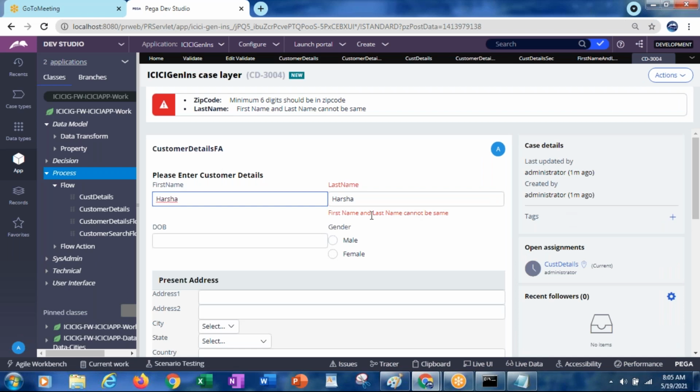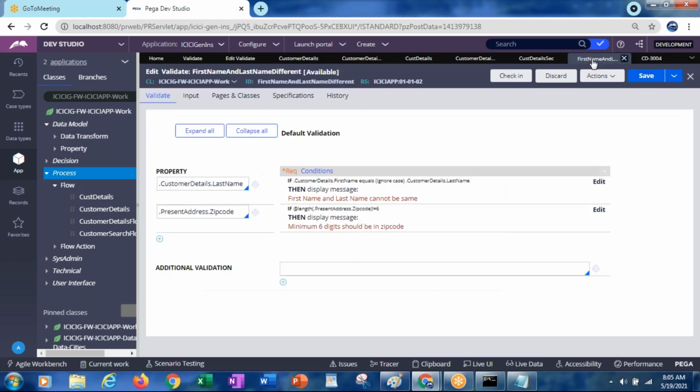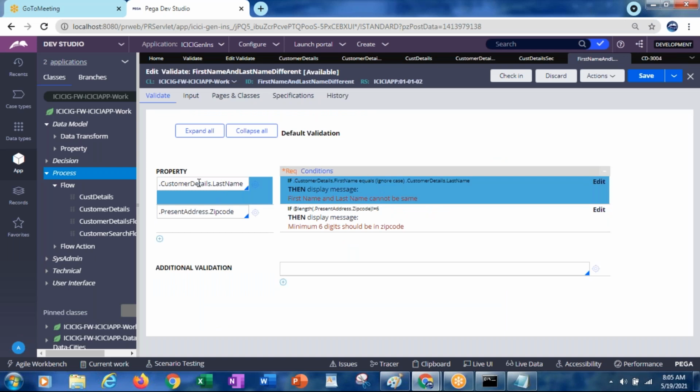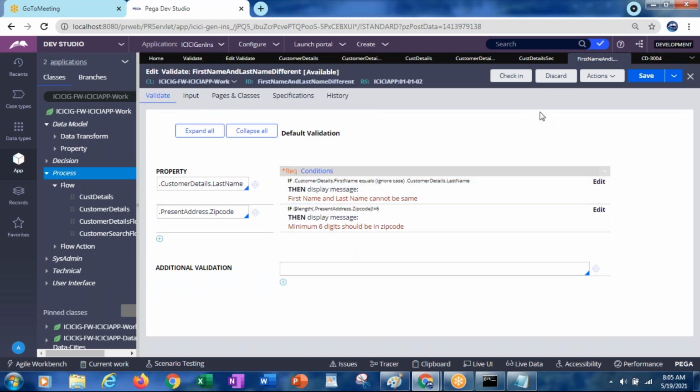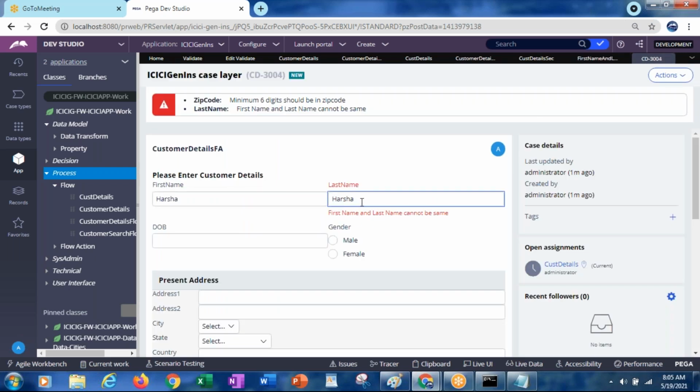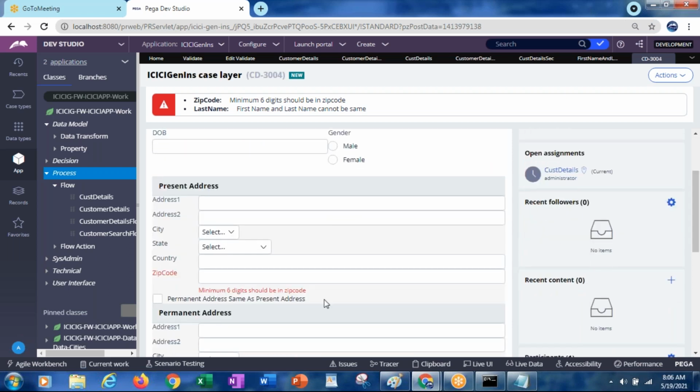See, first name and last name cannot be blank. Previously it was showing only here, but this time it is showing there also, and here also. As we have given the property name properly here, customer details dot last name, even at the property it is showing that error message. So if you give it properly, then it will work fine.